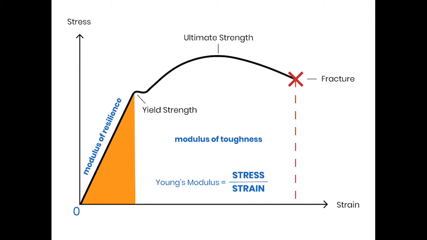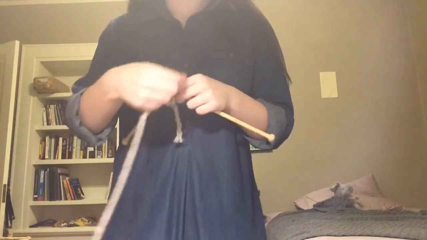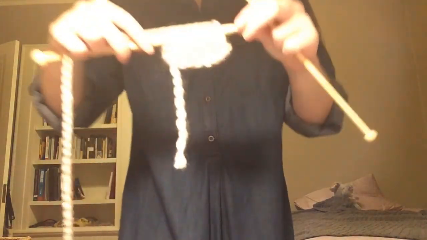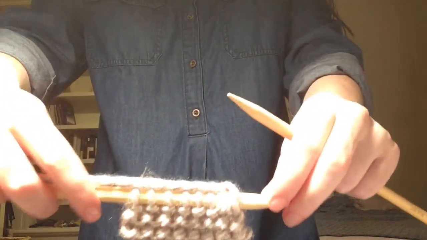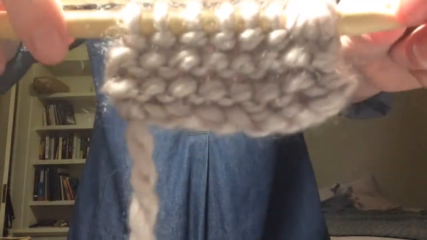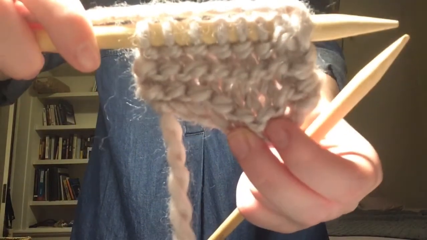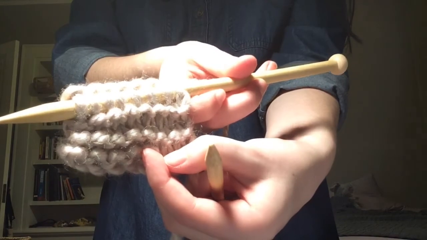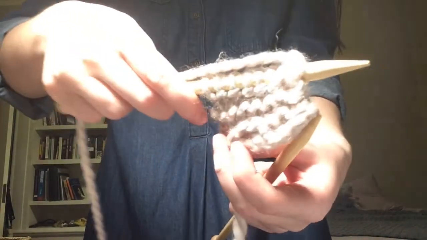Now, yarn has a low modulus. It snaps easily compared to most other materials. However, when knit together, yarn gains the ability to stretch far beyond its normal fracture point. Knit fabrics have much higher moduli and can withstand far more abuse before breaking or deforming than yarn can when